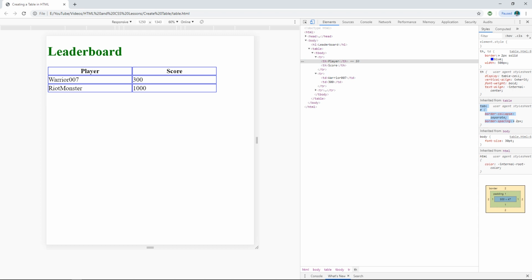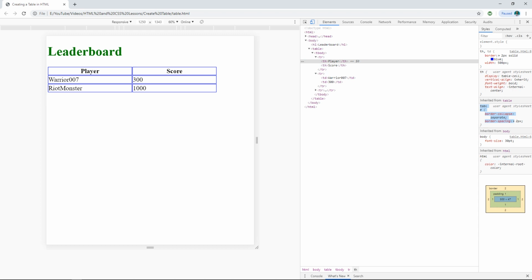So 1012 plus the 2 is 1014, and then you have another